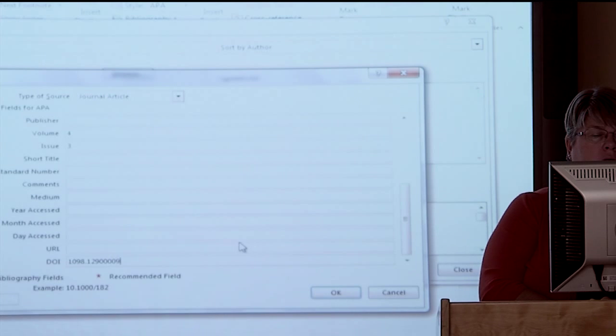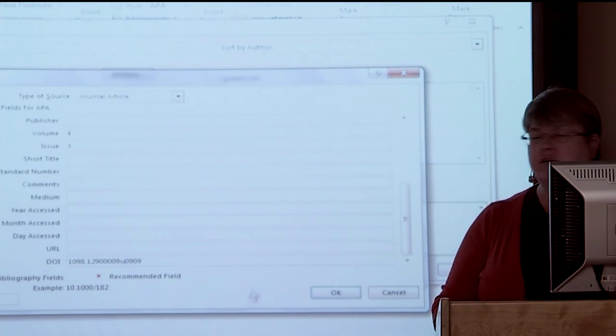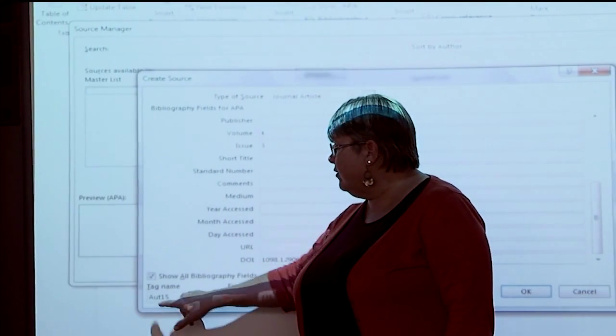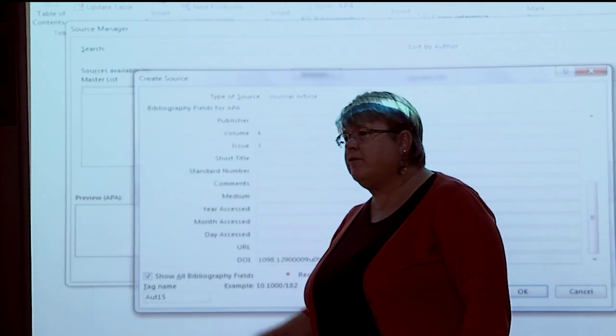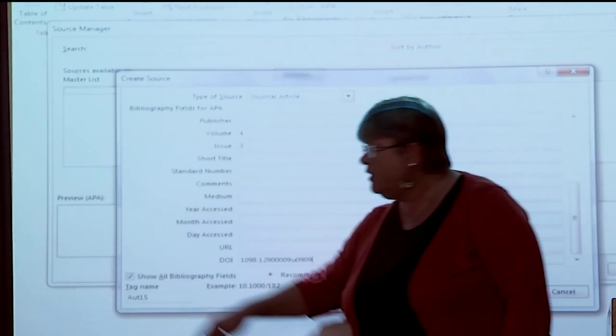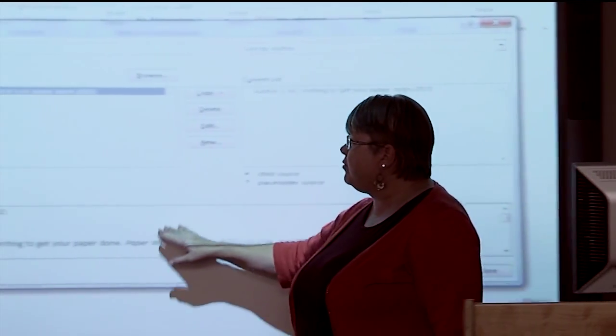Okay, so I just made up a bunch of stuff. You'll notice as I was typing in, or you may not notice, this changes down here now. That changes with whatever I typed in as my author. So it kind of tags it. And then if I click OK, once I click OK, in this box it gives me a preview.